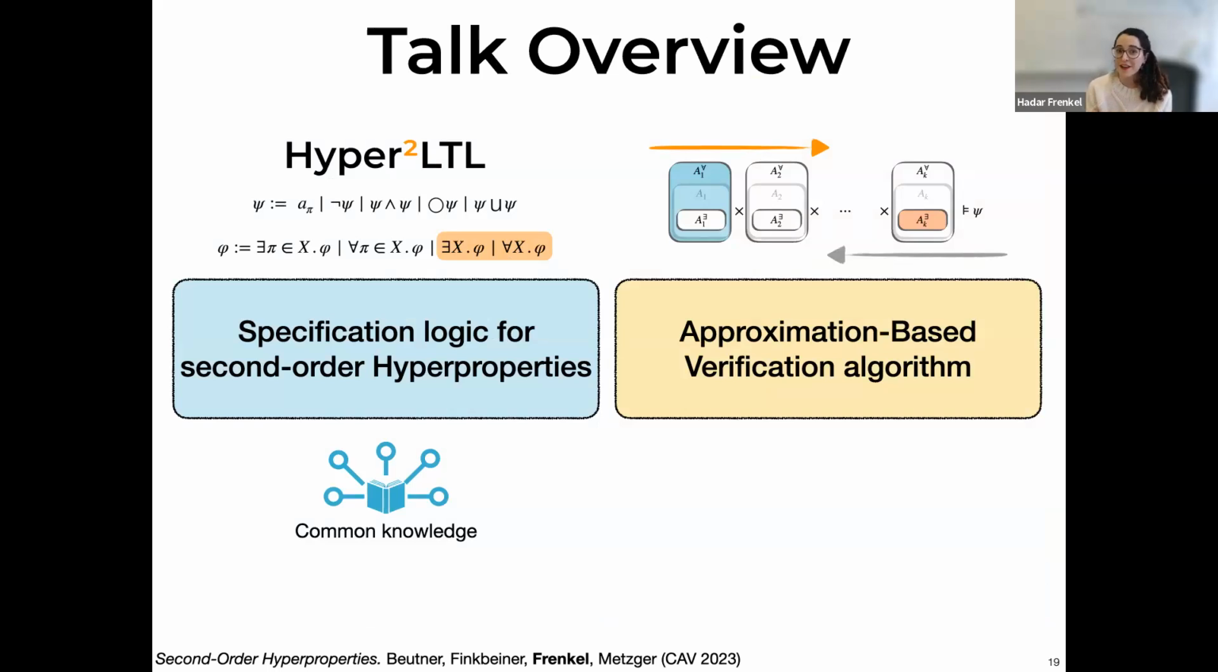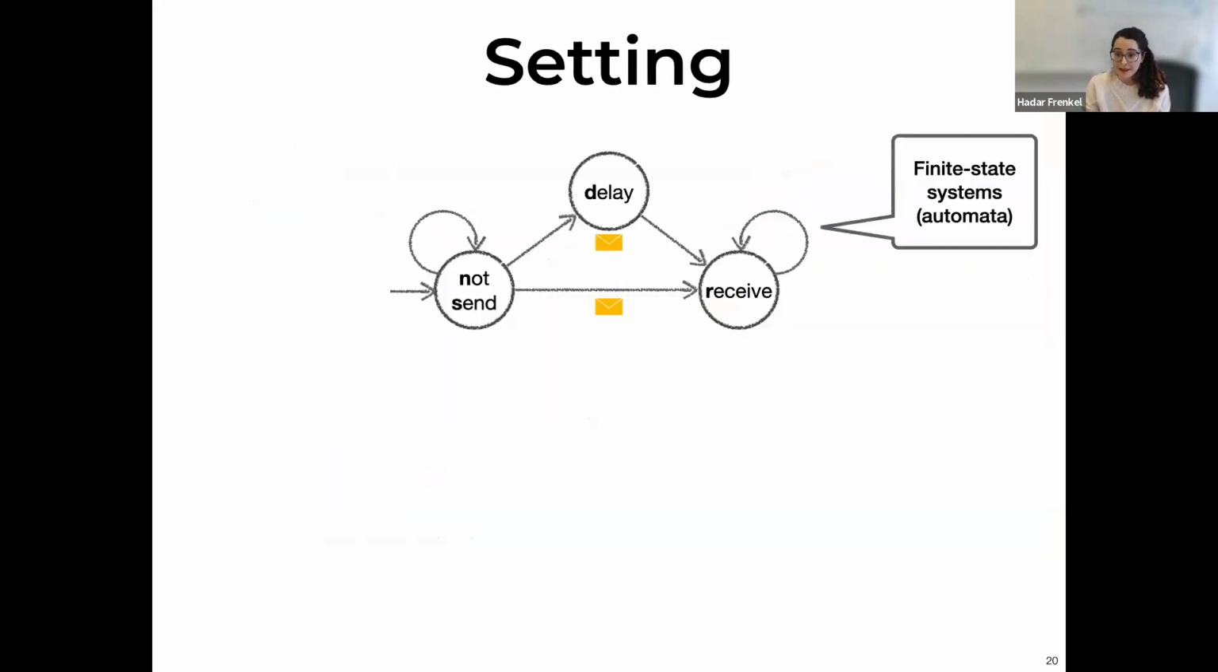And before I dive into the details of HyperSquare LTL and so on, just a few words on the setting in which I'm concentrated in this talk. So our setting is of finite state systems. Here there is a simple finite state system. It has 3 states. In the initial state, we have some message that is not sent yet. Then our message can be sent and immediately be received, or it could be delayed for one time step and